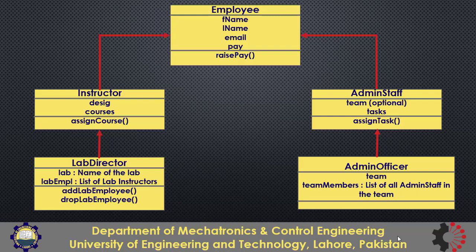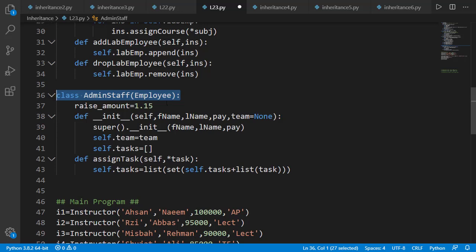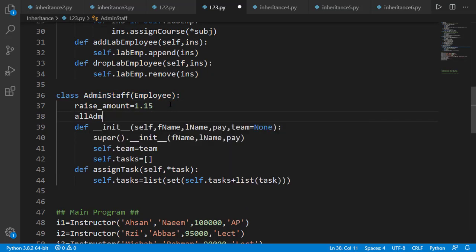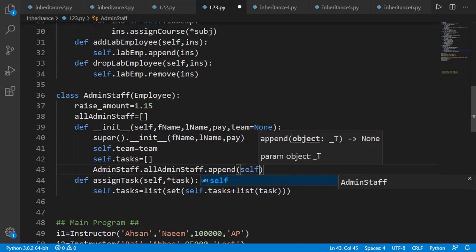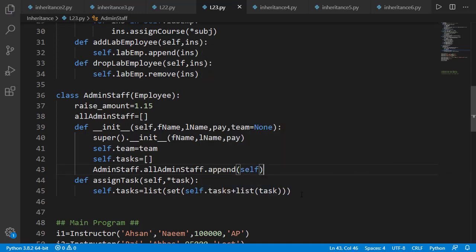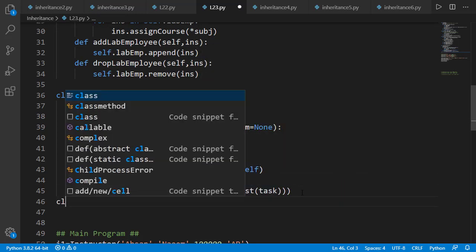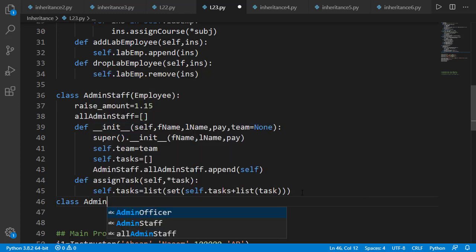particular team. Before adding admin officer, let's add class level attribute in admin staff class, which is a list of all admin staff. Now let's add admin officer as child of admin staff.